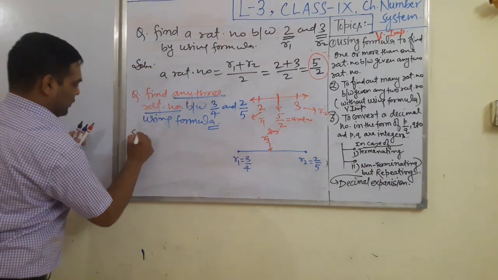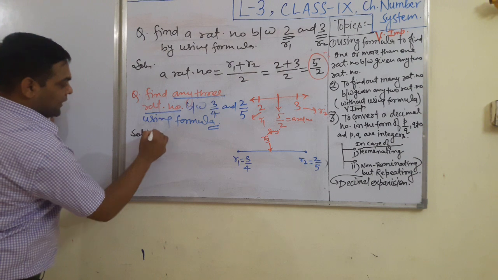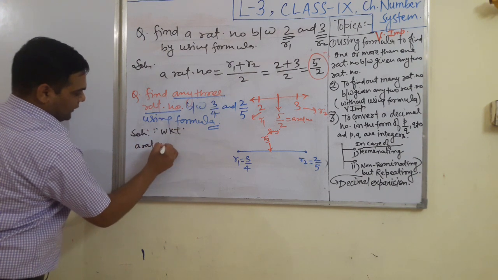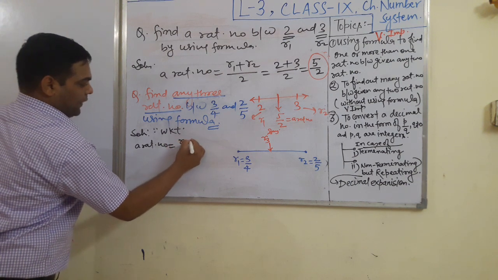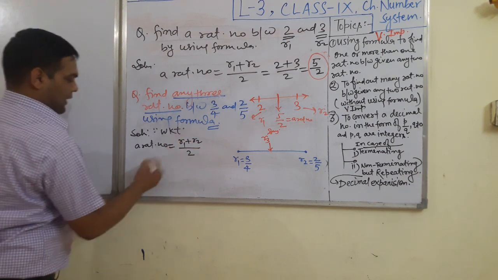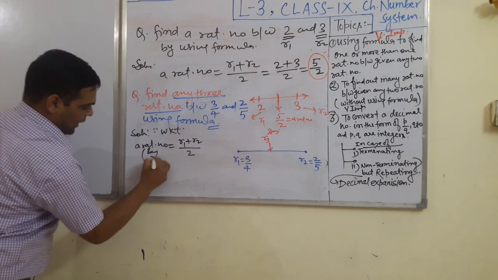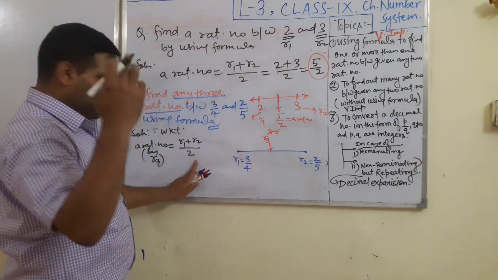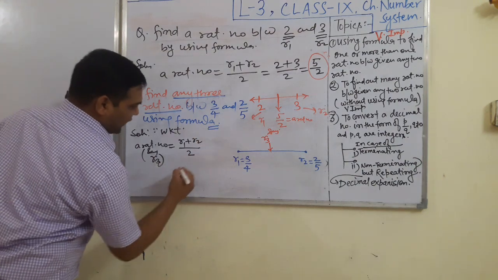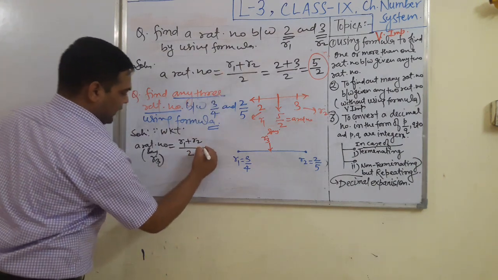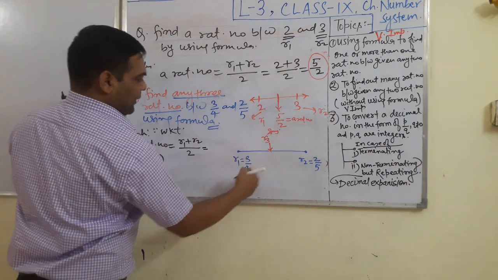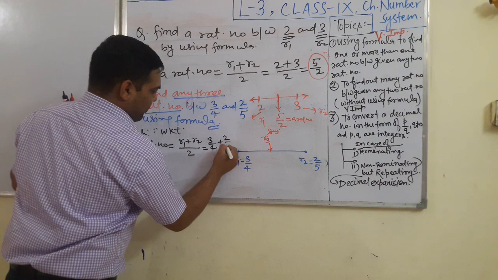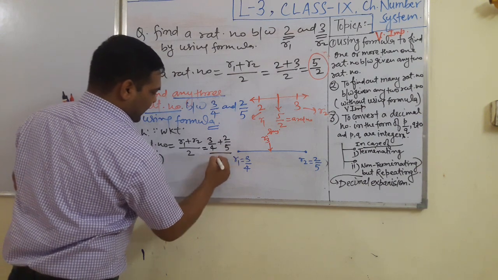And here solution student, look it. Since we know that a rational number between two is the average of the given two rational number. Say we have said here R3. So what will be R3? It will be R1 plus R2 by 2. What it could be, students? Put the respective values. See it here. R1 it is 3 by 4, R2 it is 2 by 5. Whole thing is getting divided by 2.